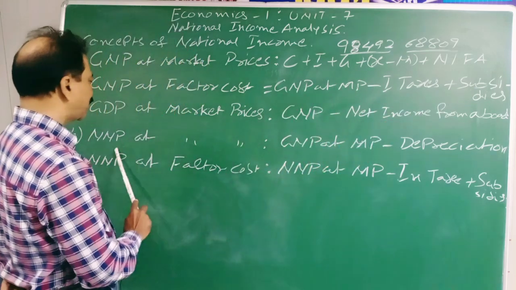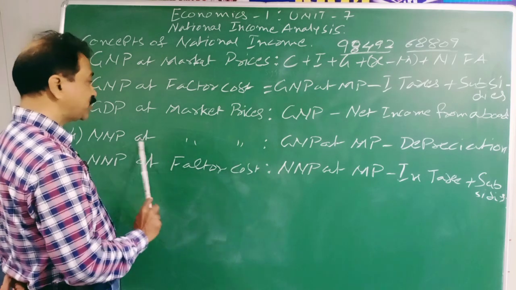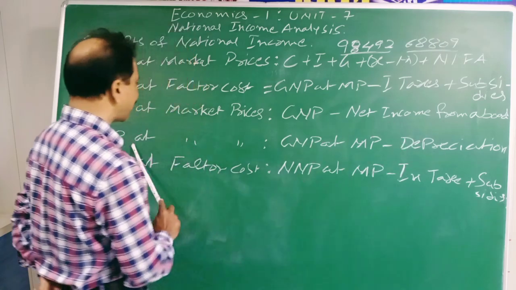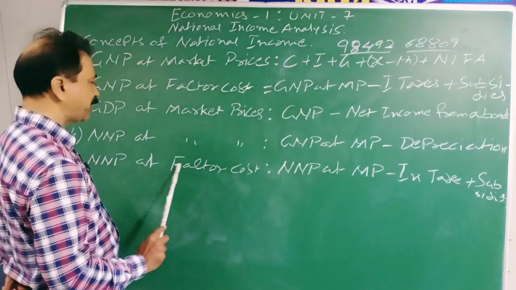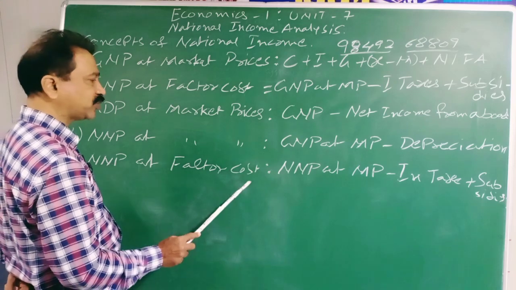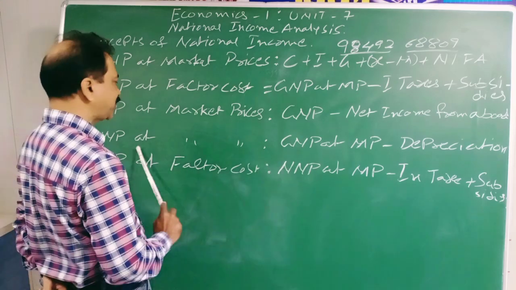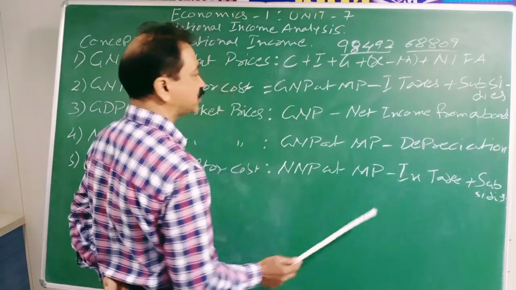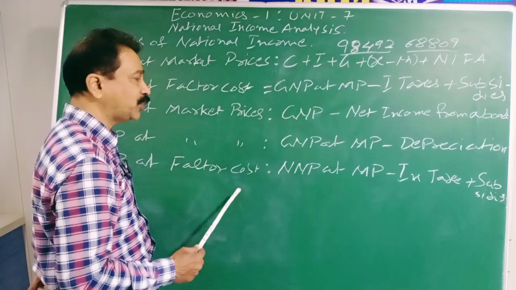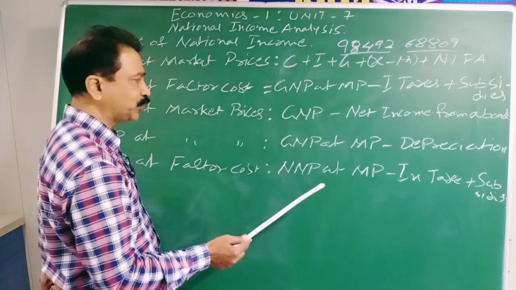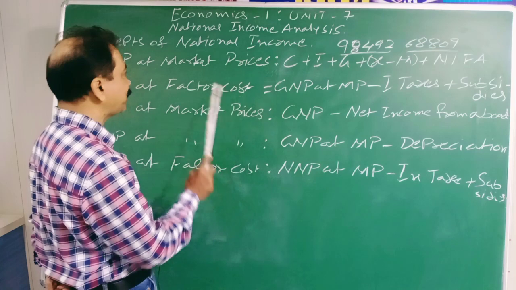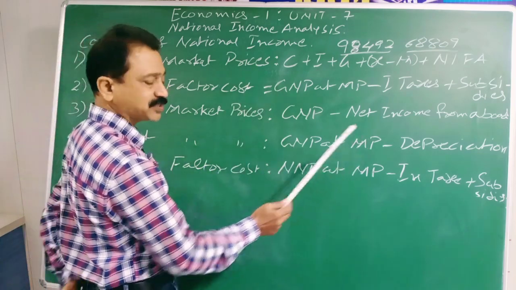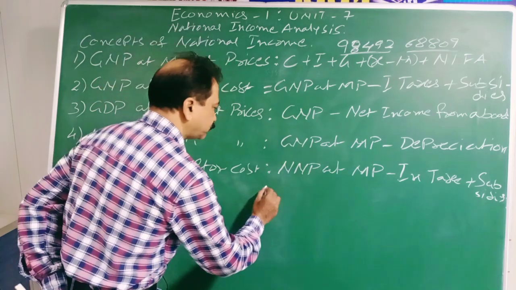Same here, we know the NNP at market prices. What is NNP at market prices? GNP at market prices minus depreciation. That is NNP at market prices. To know the NNP at factor cost, net national product at factor cost, take the NNP at market price, remove indirect taxes and add subsidies. Or if you want to make it lengthy, then you have to do one thing. To know the NNP at factor cost, you have to take the GNP at market prices. I write it down. To make it lengthy,